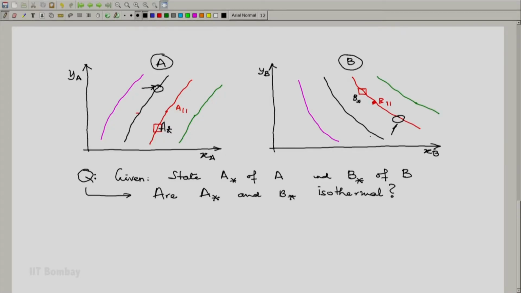And the point is, if two systems are in isothermal states, then when you bring them in contact with each other across a diathermic wall, in spite of that wall being a diathermic wall, no heat transfer will take place. So whether a heat transfer process takes place or not is what we can decide using these maps of isotherms. Now remember that here we have created the isotherms using color, because I am able to sketch lines in different colors.